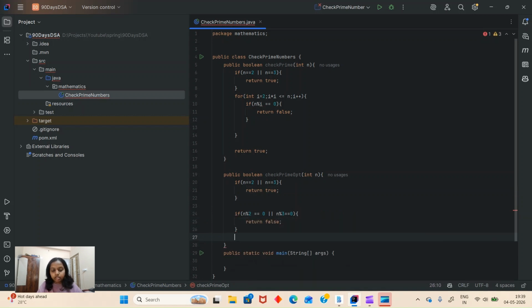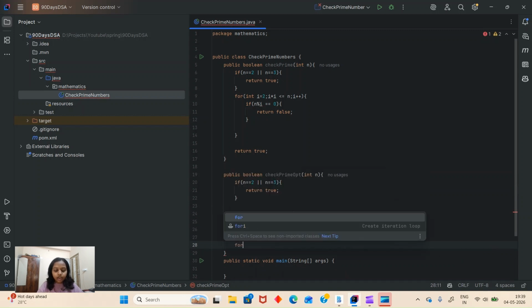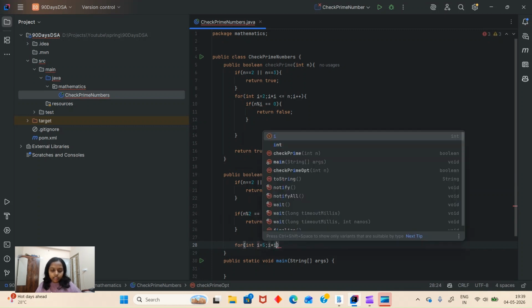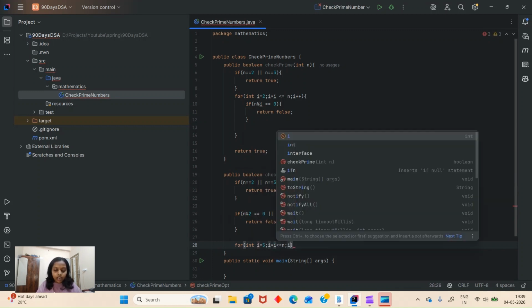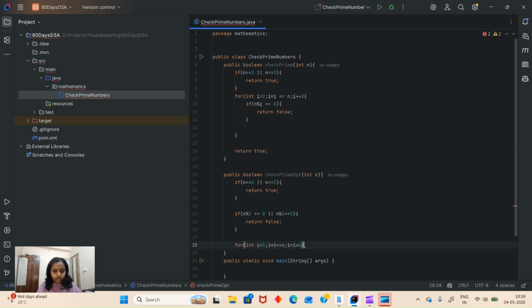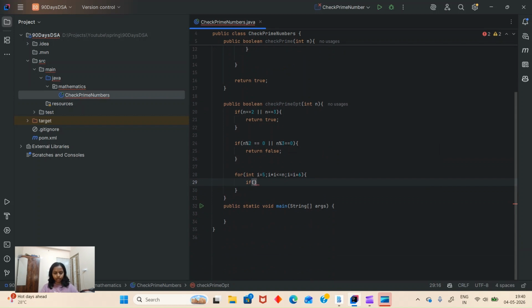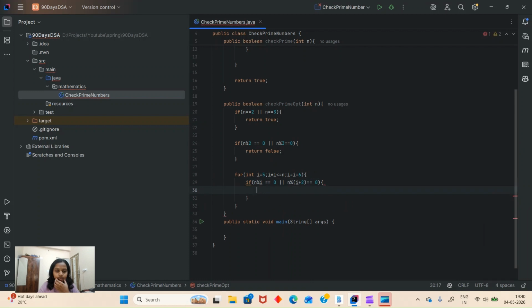If it is percent 2, that means divisible. Now for int i is equal to 5, i into i less than or equal to n, i is equal to i plus 6. We have already seen this. If n percent i is equal to 0 or n percent i plus 2 is equal to 0, then we will return false, and at the end we will return true.